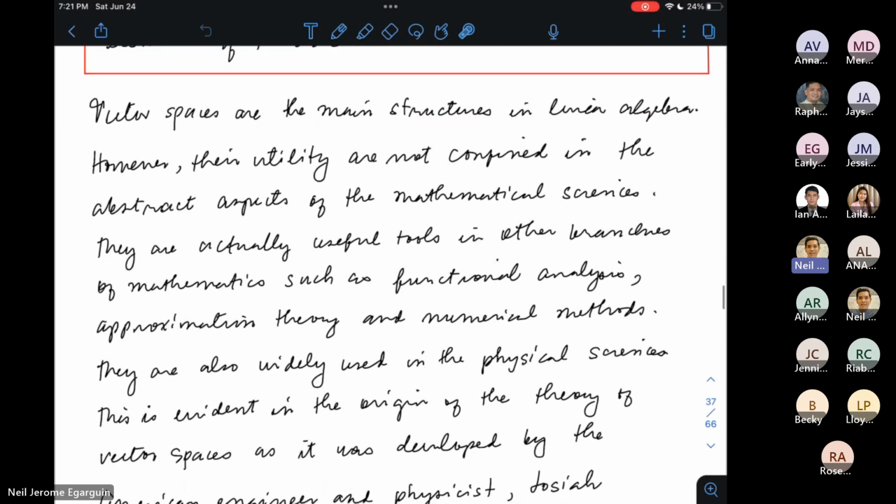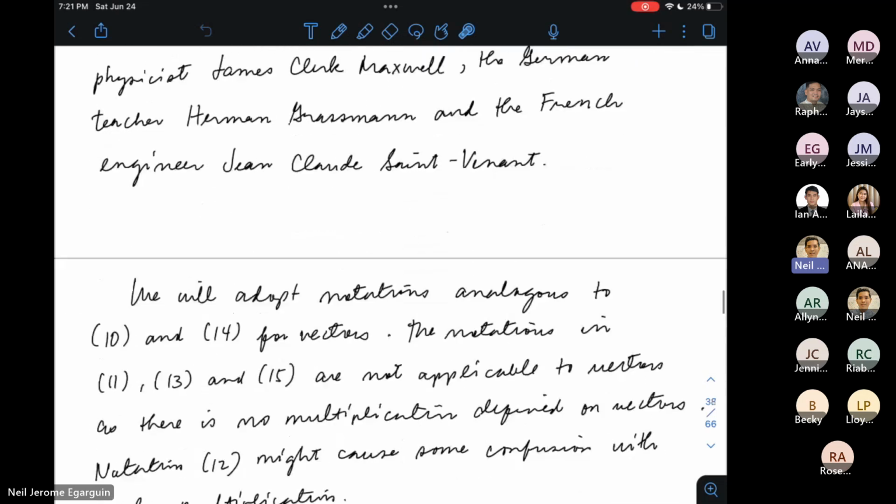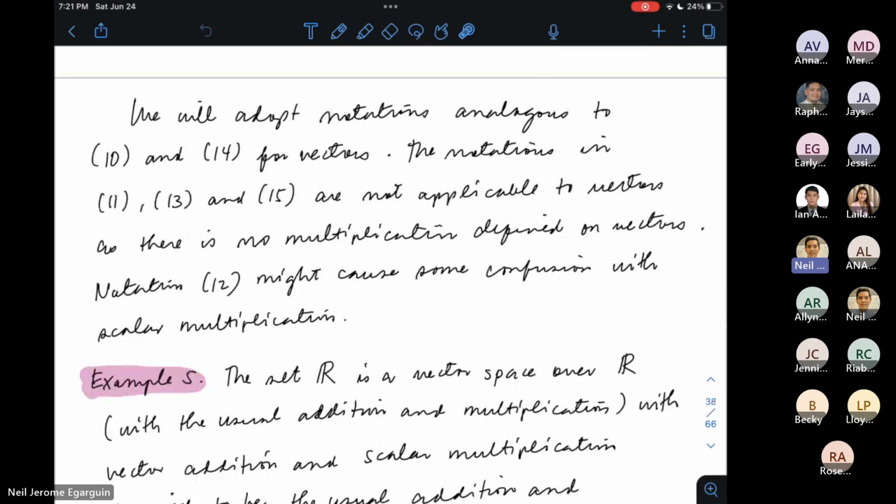Okay, so let's see. What did I say here? This paragraph is just telling us a short history of vector spaces, that they are very applied in nature. The creation of the theory of vector spaces was attributed to non-mathematicians, or those that are not purely mathematicians. Some of them were physicists, engineers that needed some tools to explain things in electromagnetism, in physics, etc. Kaya kinailangan nila ng konsepto ng vector spaces. Tapos kinuha ng mga mathematicians yan, generalized, and that's what we have now as the theory of vector spaces, right?